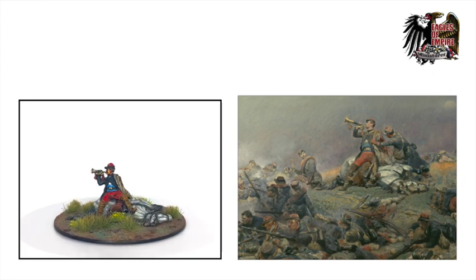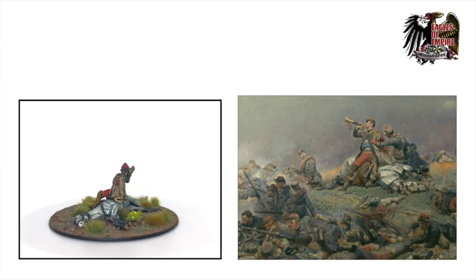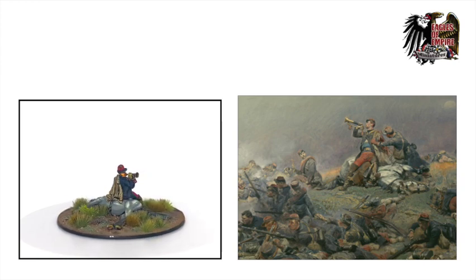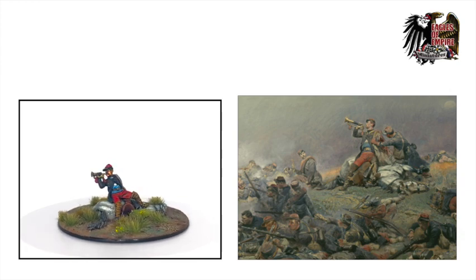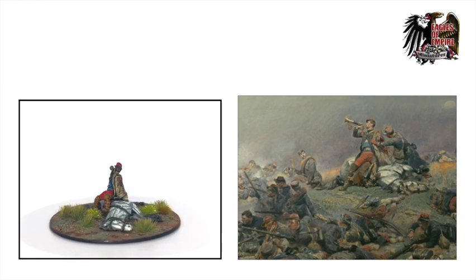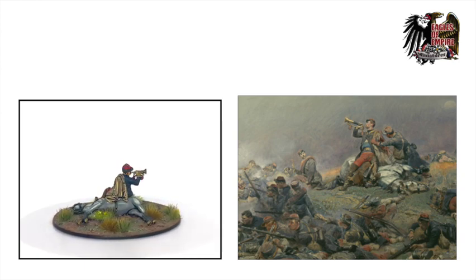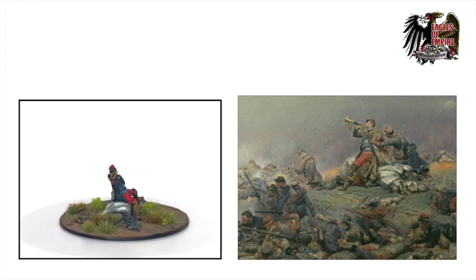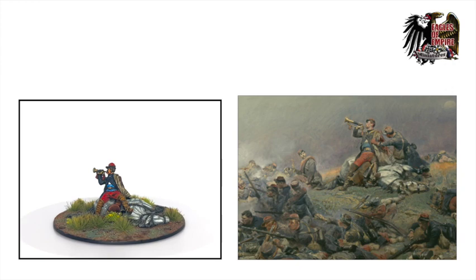But here he's painted the Commandant Berbigier as he is sitting there on his horse, shot under him. He's wounded. He's got an aide there tending to his wound, and he's rallying the troops on the hills outside Saint-Privat during the battle. He was commanding the 1st Battalion of the 70th Infantry Regiment, and they were under extreme pressure as the Prussians were trying to break the flank of the French position, and they were holding on for dear life there. So really inspiring picture, and something that we just snapped up and took directly onto the